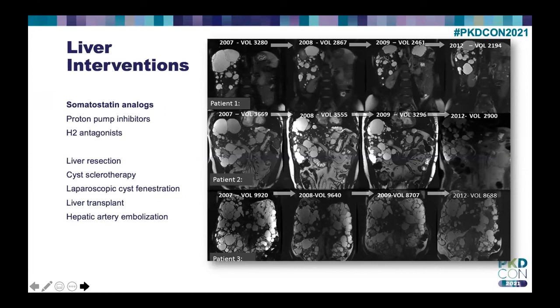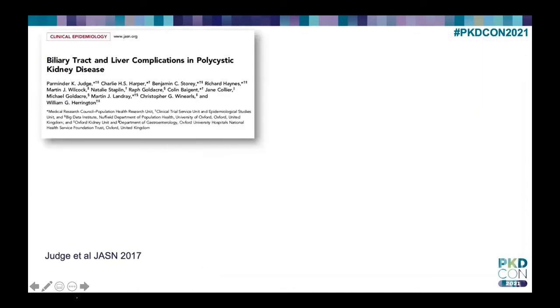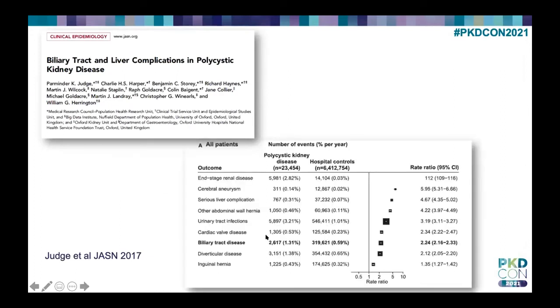And patients can get it once a month as an injection, and it slows down the liver enlargement. So just to point out this paper 3 years ago, that biliary disease can occur. So people with polycystic kidney disease can also get gallstones. So if you get pain in your right side, you should be checked out because you have a twofold higher